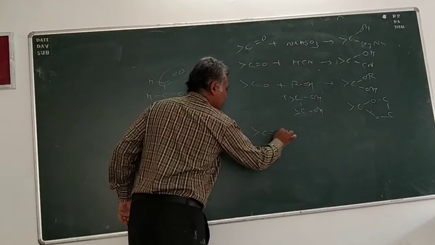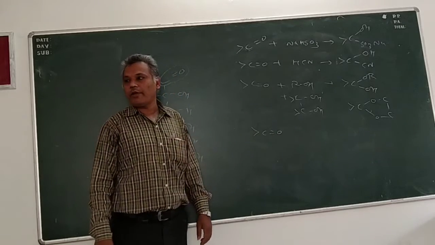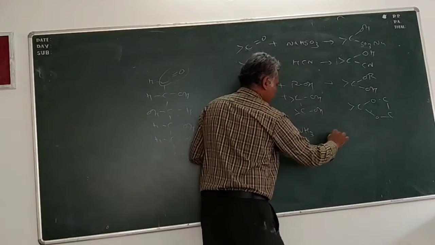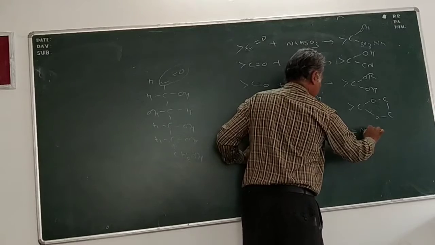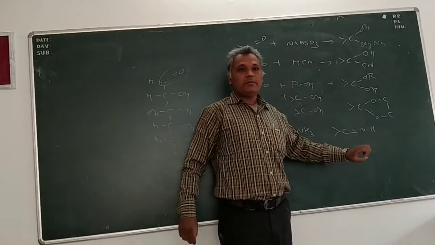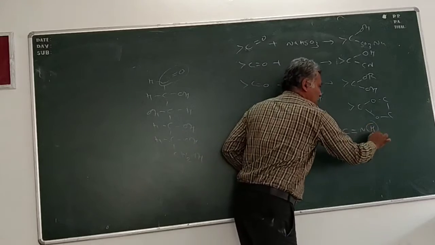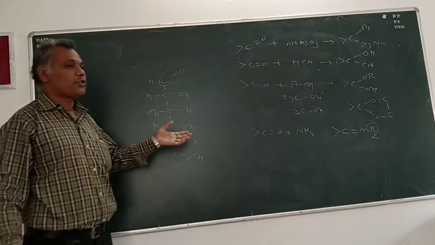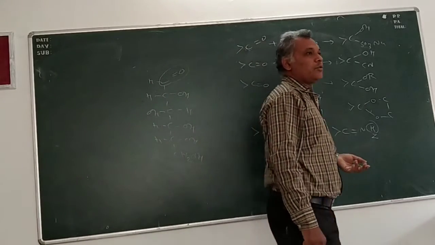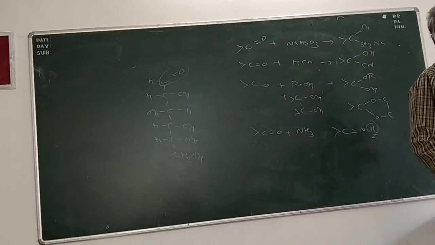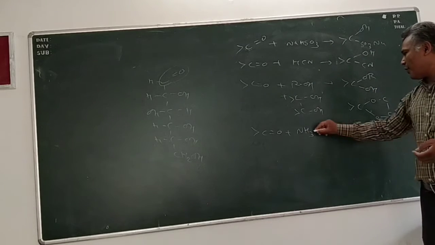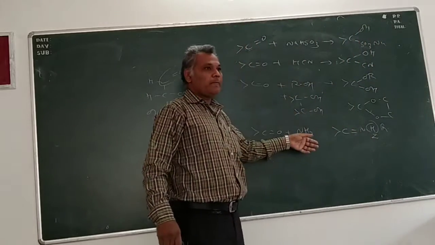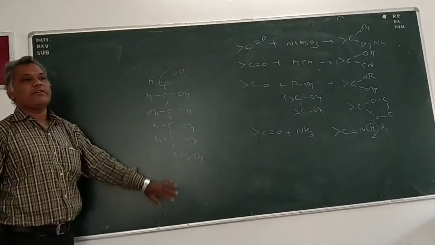Similarly, ammonia and its derivatives. Another factor we got was ammonia and its derivatives. The reaction with NH3 gives an imine, right? If this group is changed, we get NH2 hydrazone, phenylhydrazone, semicarbazide, right? Different Schiff bases. If it has an R group, it becomes a Schiff base. All these addition reactions have been given. The same addition reactions are given by aldehyde.